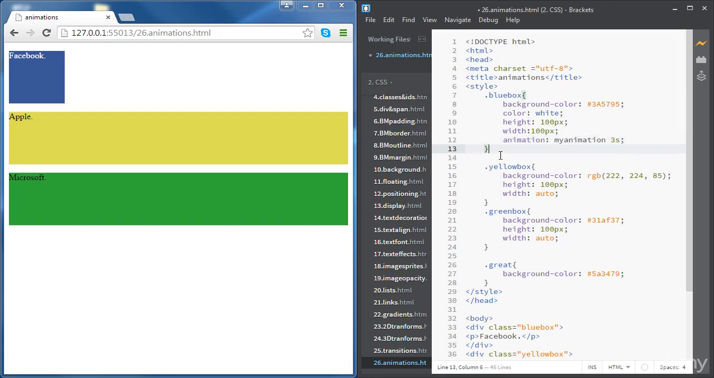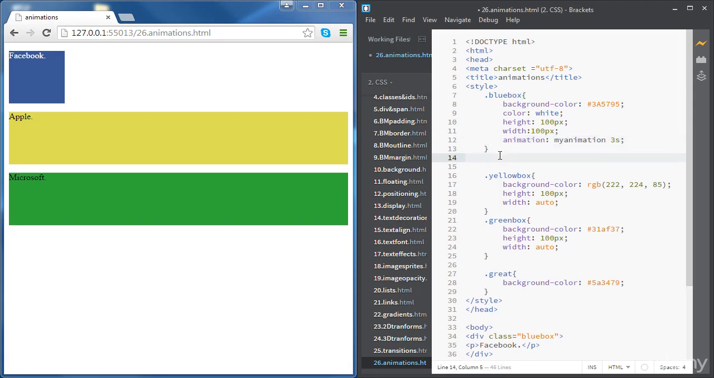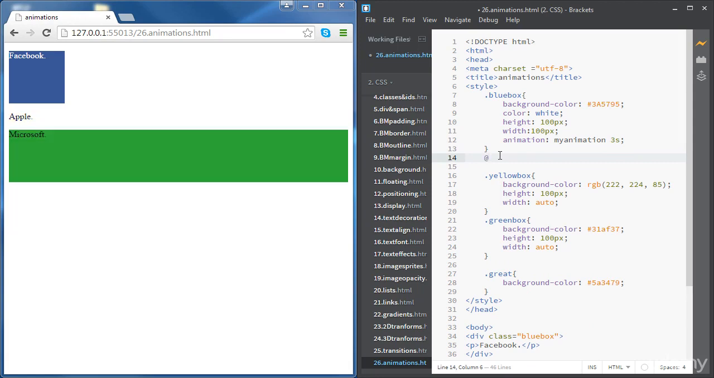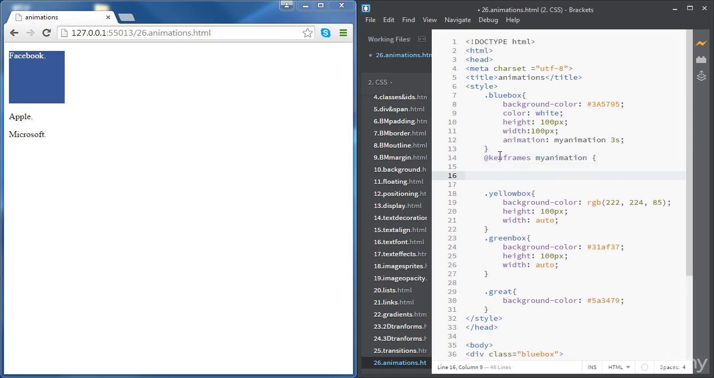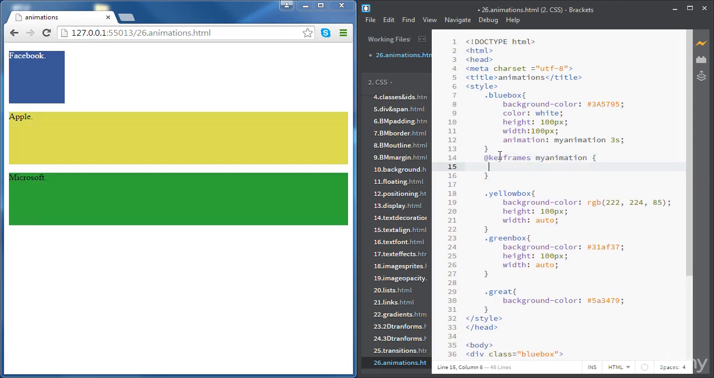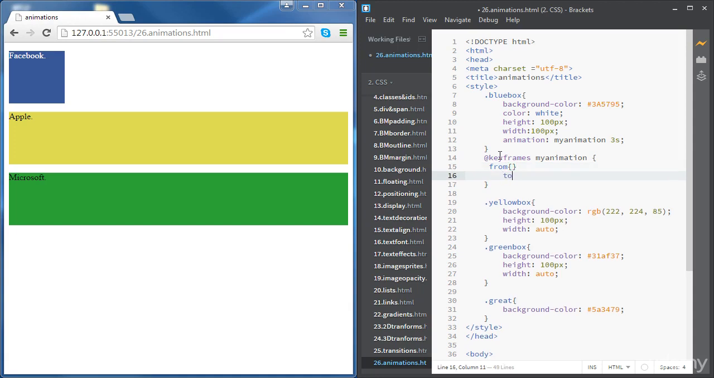And the syntax for that is going to be at keyframes. This is the standard syntax. And then the name that we chose for the animation. So my animation. And then we open the brackets. And then we're going to specify here from which style to which style. Okay. So for instance, if we go from